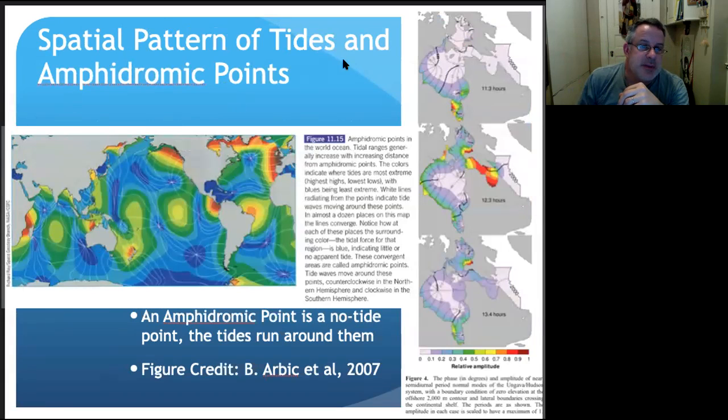So the spatial pattern of tides in the open ocean, there's this concept of an amphidromic point. So this is a map of the amplitudes of the tides, and then these funny little spidery patterns underneath are the amphidromic points. So the tides are going around and around these little points along these phase lines. And as the tide increases, you're going around and around each of these amphidromic points. An amphidromic point is a no tide point. It's like the antinode of that reflecting wave in the basin that we talked about last time, except now it's not reflecting, it's propagating around in these larger basins.